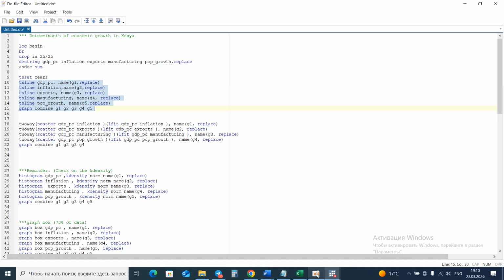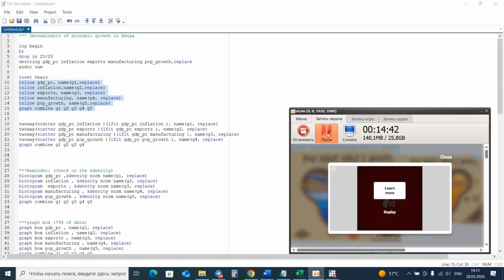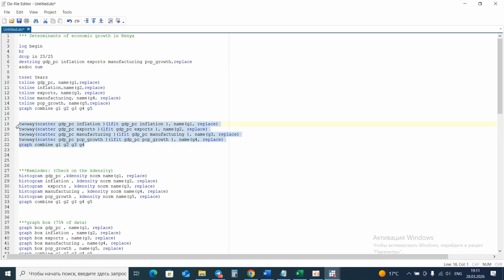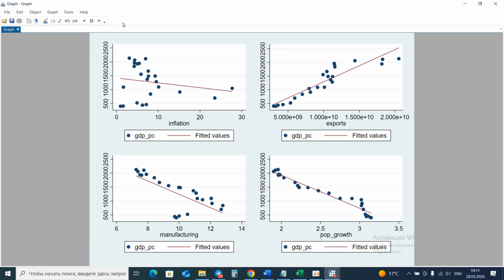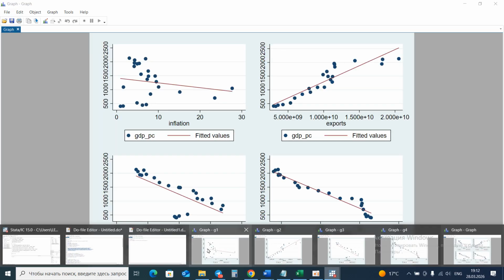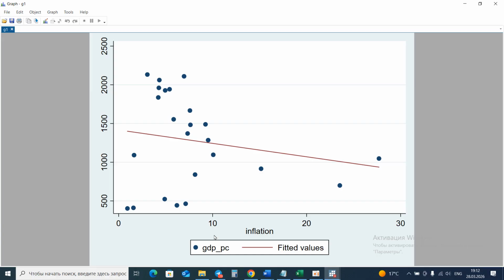So next command is scatter plots with linear fit, and the command that we give is twoway scatter our dependent variable and independent ones. As its name already says, it shows us how much change in inflation affects our GDP per capita. So this line is the fitted values, and these dots